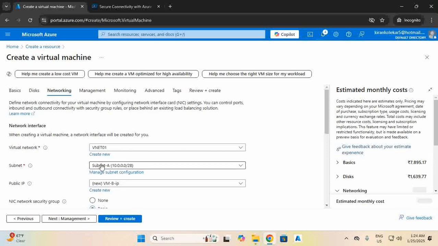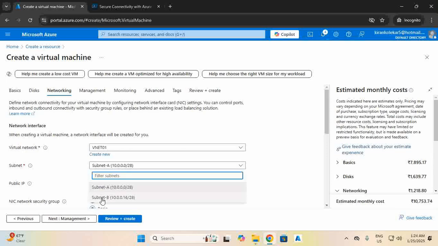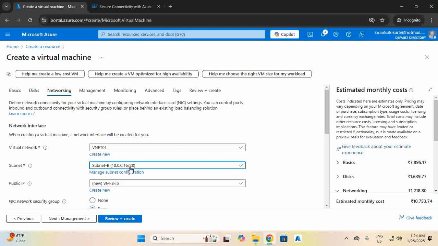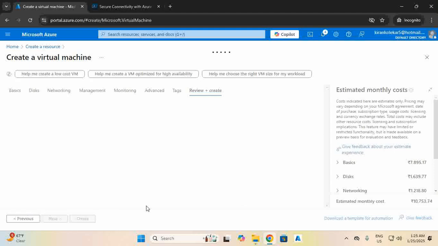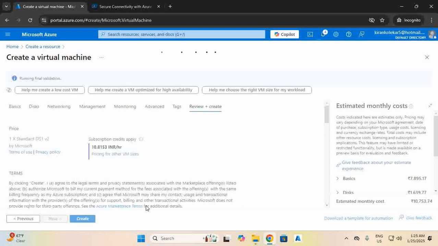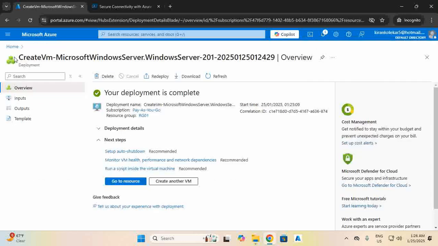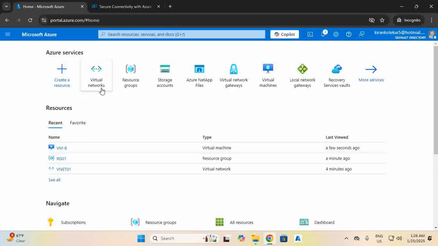In the networking tab, instead of subnet A, this virtual machine will be connected to subnet B. Rest everything is okay and we will create this one as well. Now that we have two virtual machines deployed,